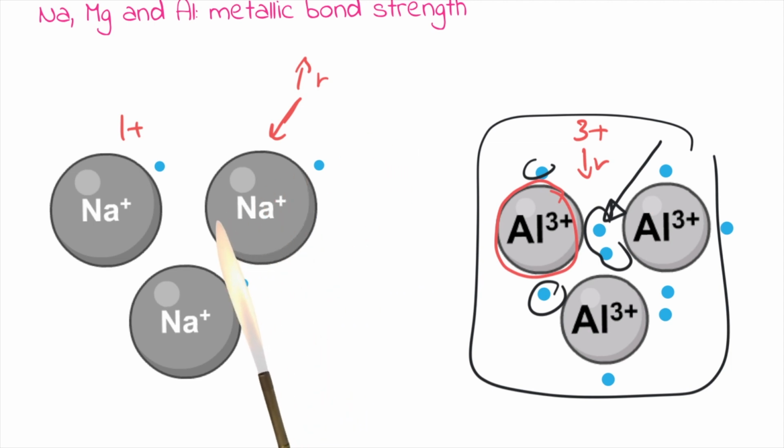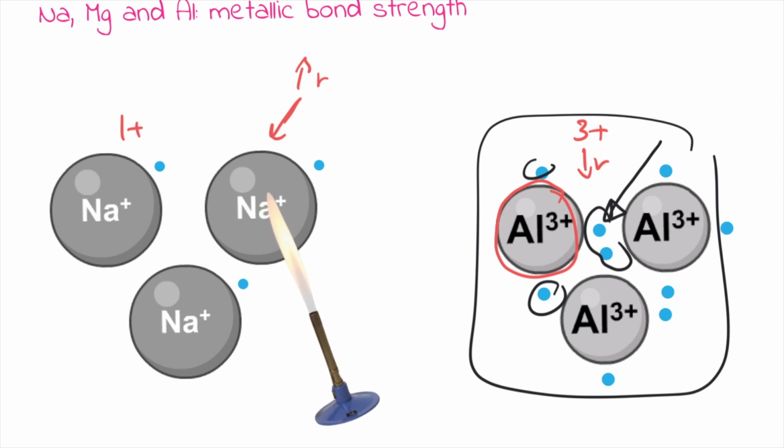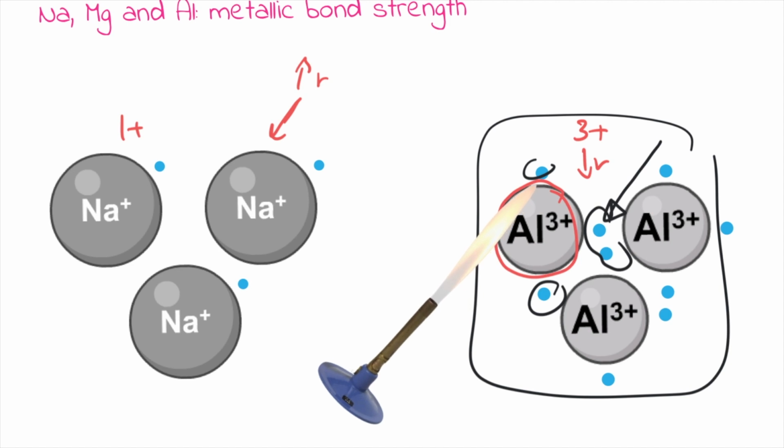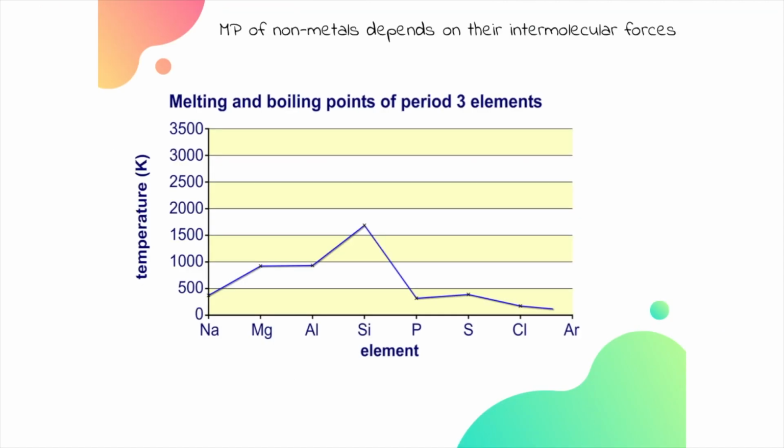So if I am trying to melt sodium, you will notice what? You will notice it would take less heat energy to break weaker bonds. But if I try to melt aluminum, it will take me more heat energy because I got a stronger metallic bond in aluminum. So we're now going to explain the highest melting point, and that applies to group 4, group 14